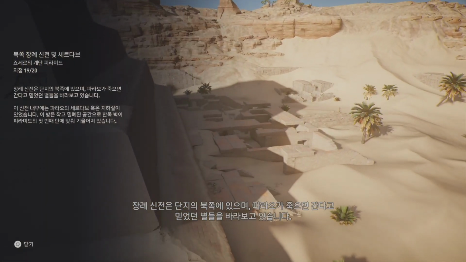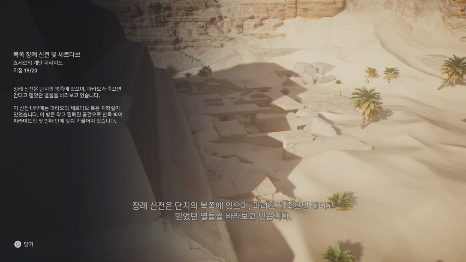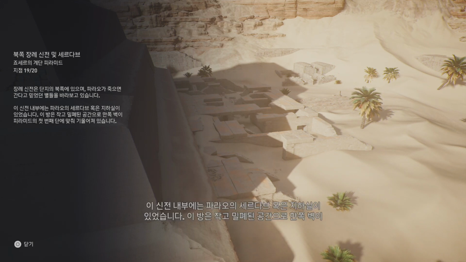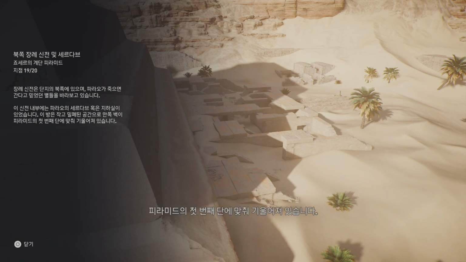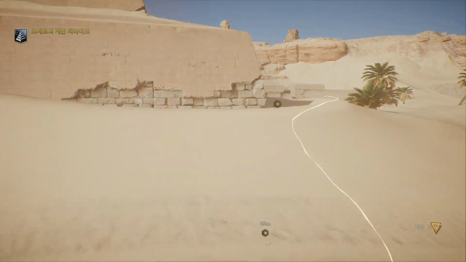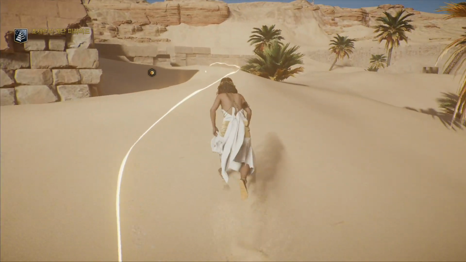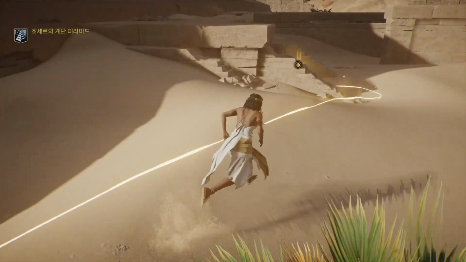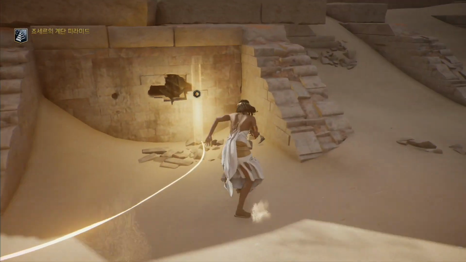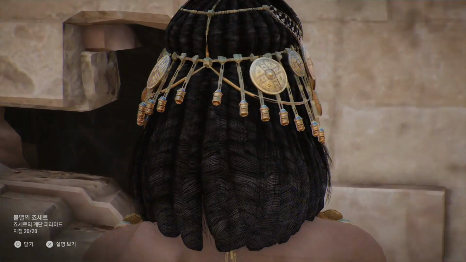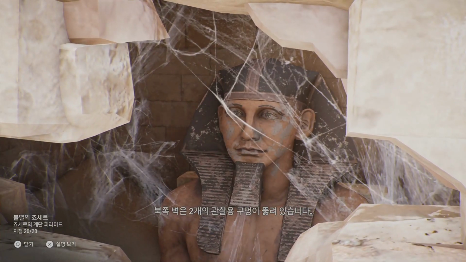The Funerary Temple is on the north side of the complex, facing the stars where the deceased ruler was believed to travel after death. Within this temple was the pharaoh's serdab, or cellar. It is a small, enclosed space with one wall sloped to match the first step of the pyramid. The north wall has 2 observation holes.